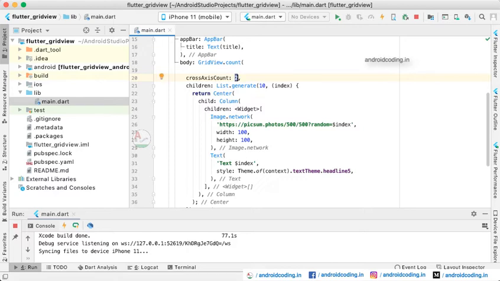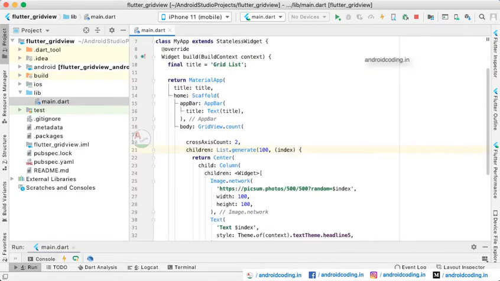And here I am restricting my list to 10 items only. Generally, whenever you populate a list view or grid view in real time, you don't specify the number here, you just specify the length or the size of the list you are considering.